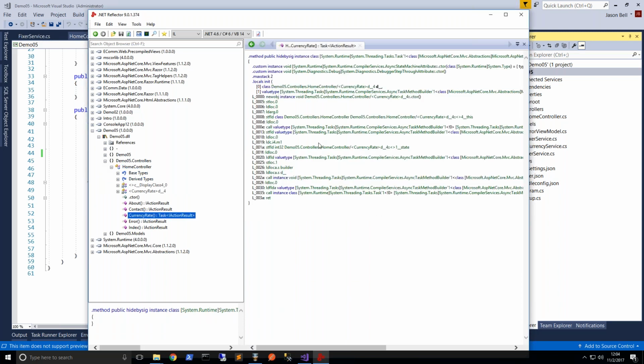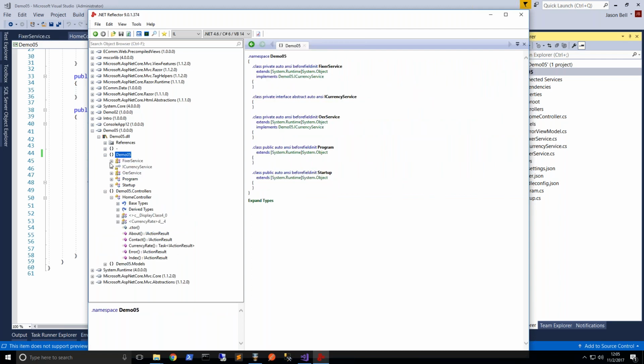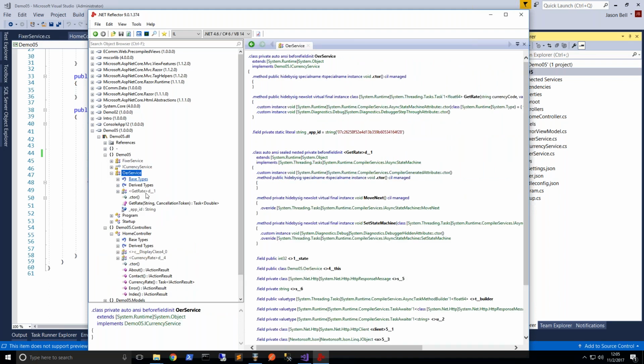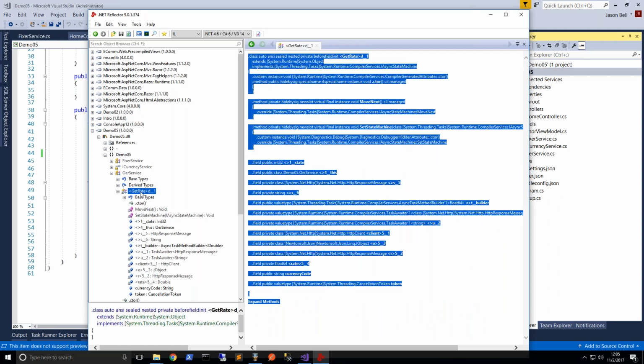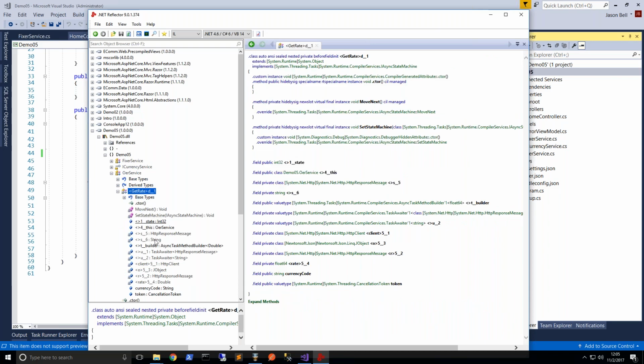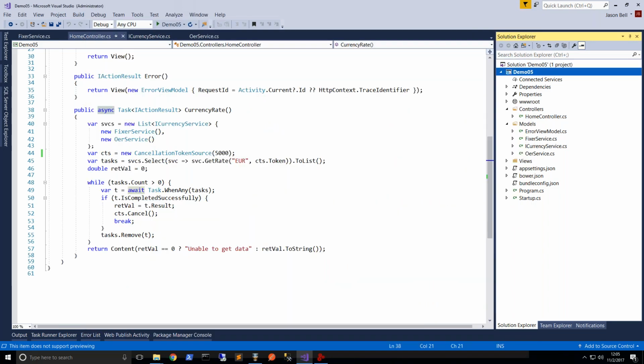And one of the things that I will notice in here is that when my currency rate action is running, it's actually creating an instance of an object, this currency rate D__4 thing, and calling its constructor, right? And the same thing if I look at one of my currency services, like the OER service here, and my get rate, the same thing. I see it creating an instance of an object. Here's the object right here, this little get rate object that has a constructor and a bunch of methods like move next and whatever, because what the system does is when I've got some place where I do an await,